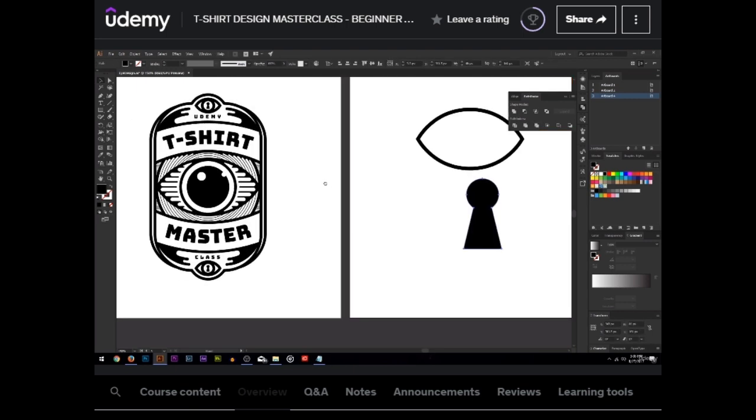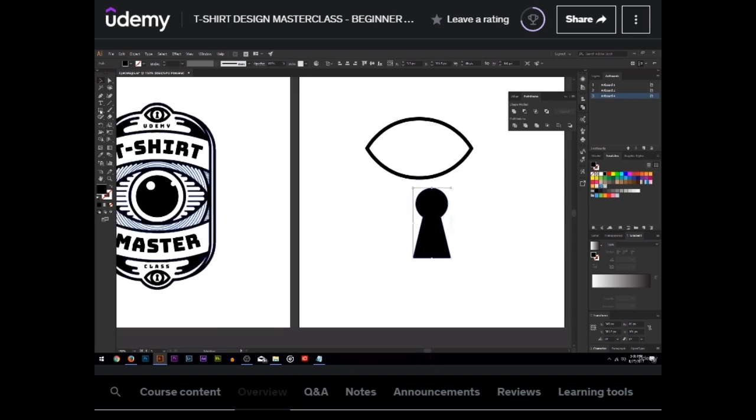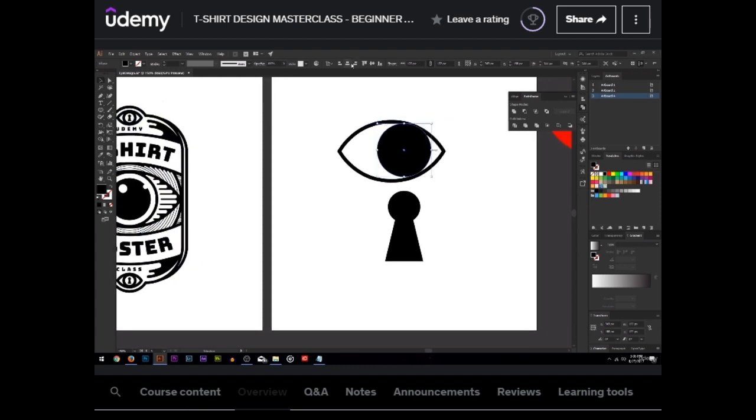And then now what I could do is I can actually create one more ellipse and add that in the center of the eye here. Because remember, in this version of the design, we have a circle for the pupil, so we're going to do the exact same thing. And we're trucking along here, guys. We're doing pretty good. What we can do is go to Align to Selection, and we're just going to align